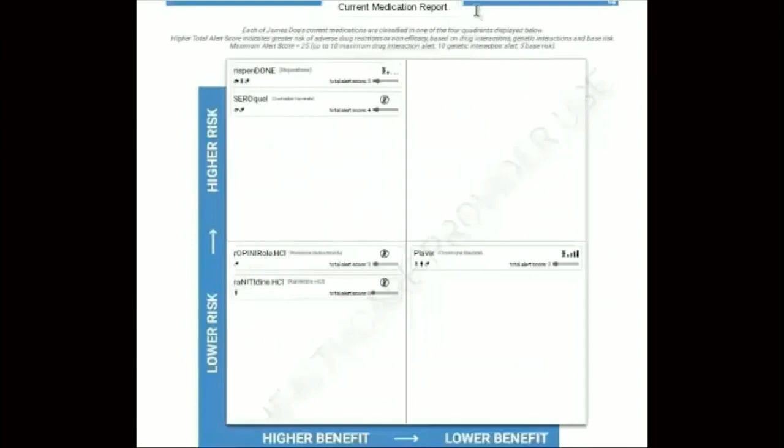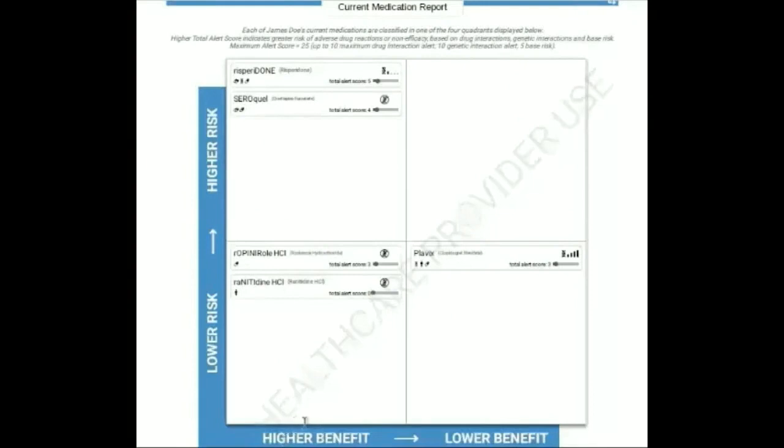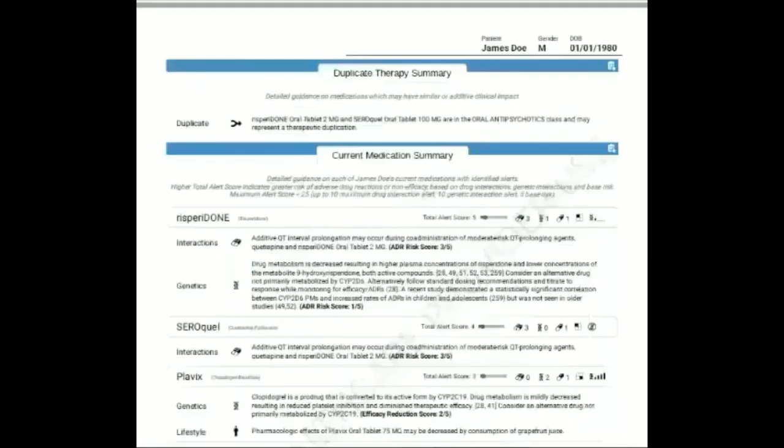Next, you have the current medication report. These are higher risk, yet also higher benefit. These are lower risk and higher benefit. And then each one of these particular drugs has a rating scale. The lower, the better. The higher, the worse. As you can see, as a whole, this is relatively lower as far as how harsh the medication will be on these particular patients. Next, it goes into a current medication summary of each particular medication